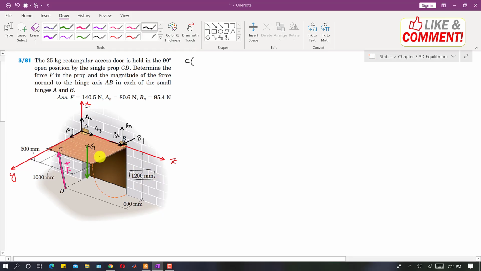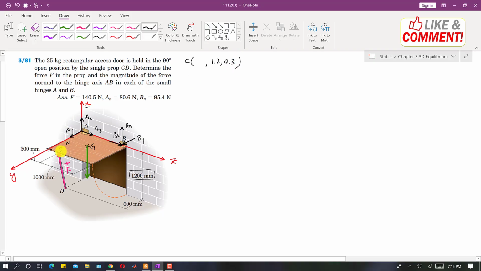So let's say that this is the width of this door. So the width of this door is 1200 mm, right? And this is in the Y direction, right? So 1200 divided by 1000 will be 1.2 meters, right? And similarly then we have to travel this much distance along Z, right? So this much distance is 300 mm. So 300 divided by 1000, so that will be the coordinates of C along Z.